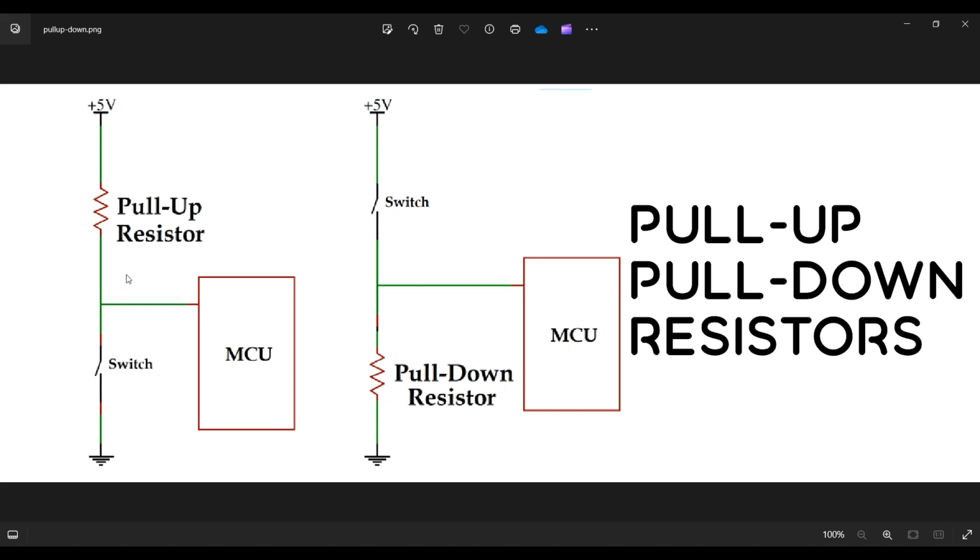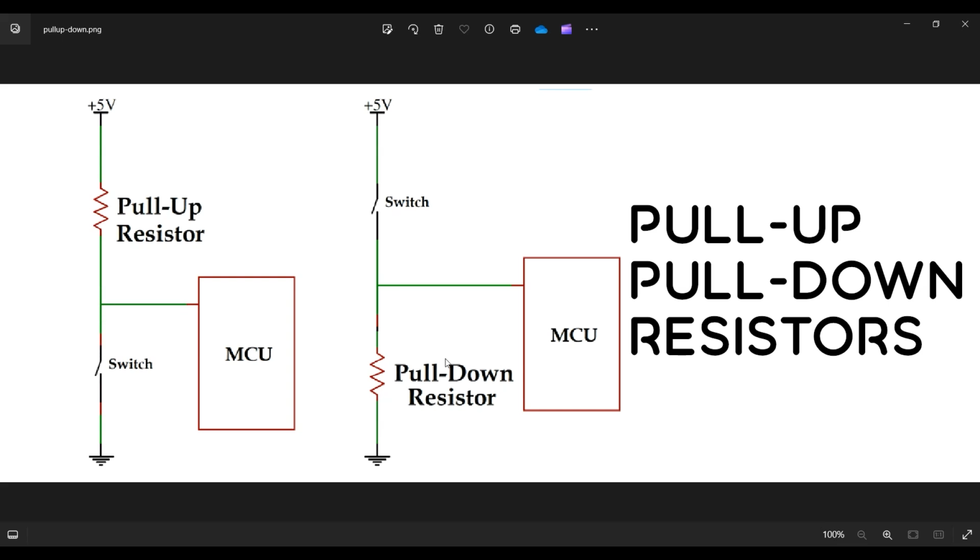When this happens, it accepts noise, so it could show unforeseeable behavior, which is undesirable. But whenever the switch is connected, there is no resistance to the ground theoretically, or practically it is so low compared to this big resistance, so all the current goes here, and it is connected to ground. This is the definition of pull up.